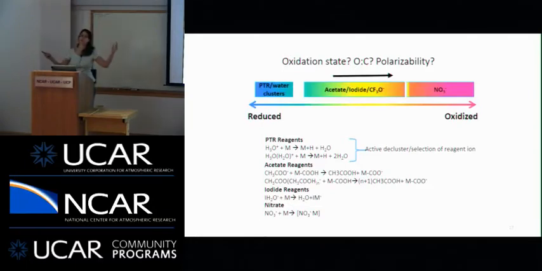So there are a lot of questions as to why you would bother with multiple reagent ions and what information this gives you. So my students and I, and then a few other groups, we've been talking a little bit recently about different types of reagent ions in chemical ionization mass spectrometry and what they could possibly mean. And about a couple of months ago, this is the figure that we were discussing.